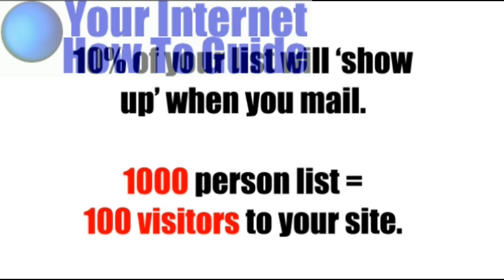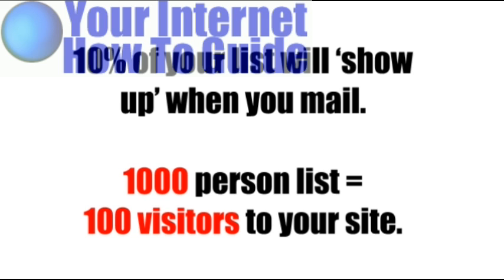Let's say their list is 1,000 people. That should bring 100 visitors to your site immediately. Now, if you mail for them and you can only bring 50 or 40 or 30 people, you mail for them a couple of times. And so what'll happen is, first of all, you've immediately done the task that I promised, which is you brought 100 visitors to your site, and it only took you a couple of minutes to do. And you can obviously do this several times with several different partners.